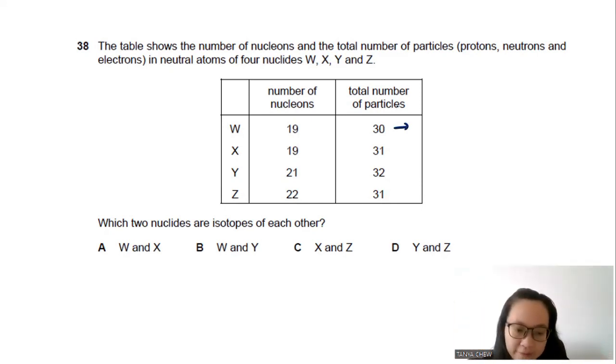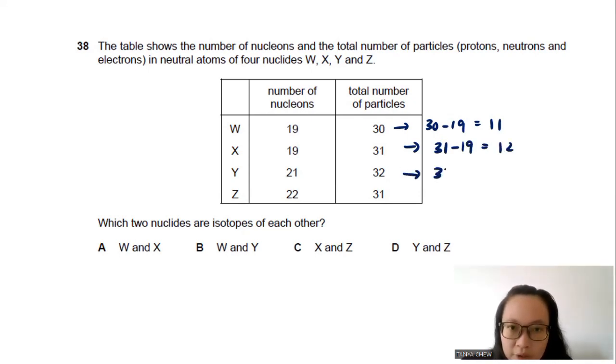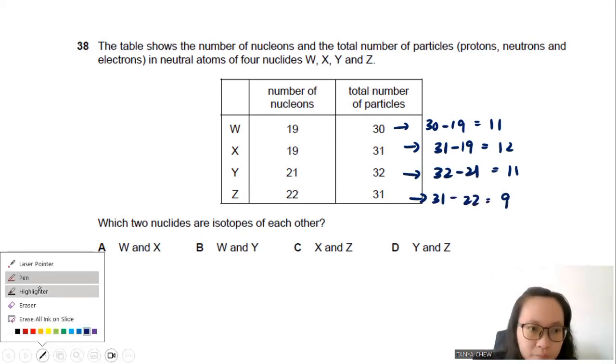So for the first one, I take 30 minus 19, I get 11. For the second one, 31 minus 19, I get 12. Third one, 32 minus 21, I get 11. And then 31 minus 22, I get 9. So since